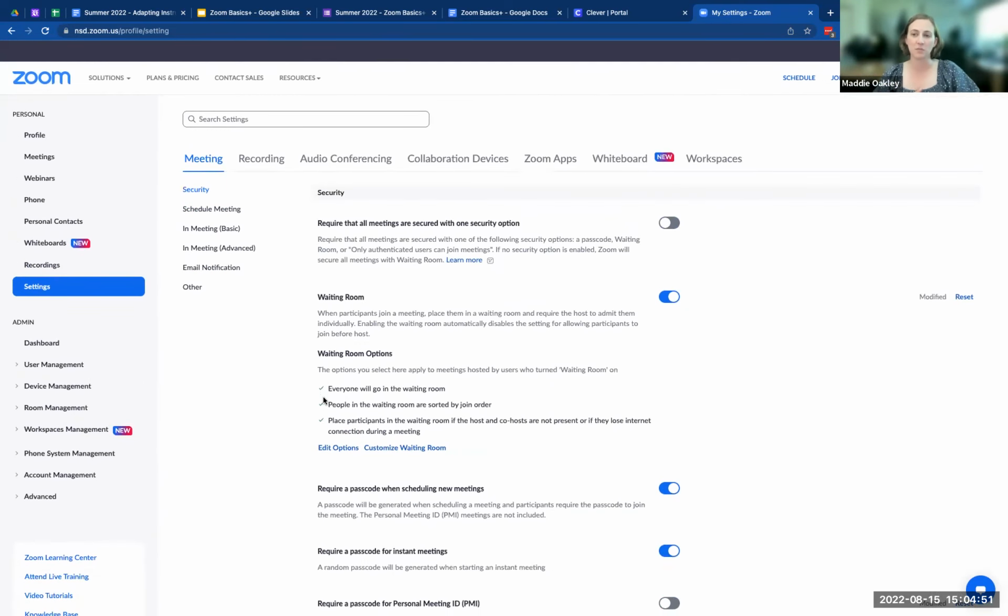Because you have a district managed account, as long as you're assigned into your district account and using it, all of the super important settings that you must have one way or another, we have toggled for you. And otherwise things are just options. So I just wanted to point that out, that yes, there are a lot of settings. You don't need to look at every single one with a fine tooth comb.